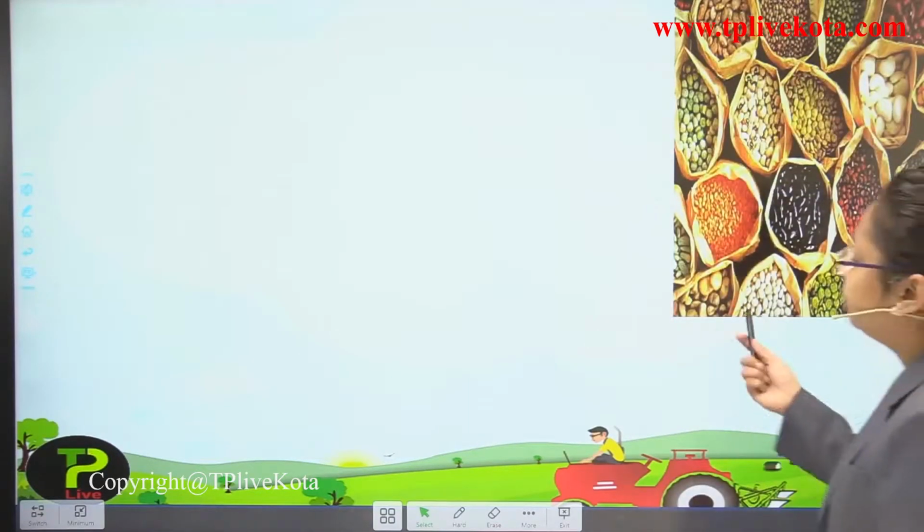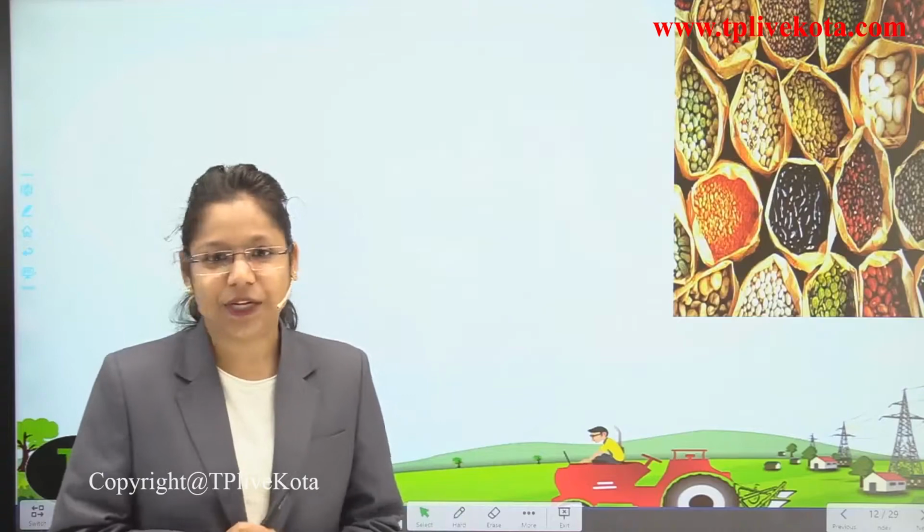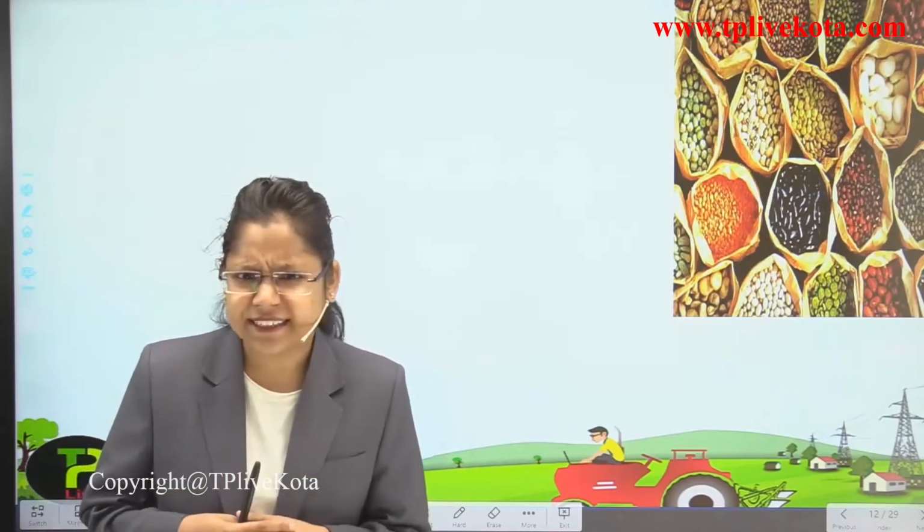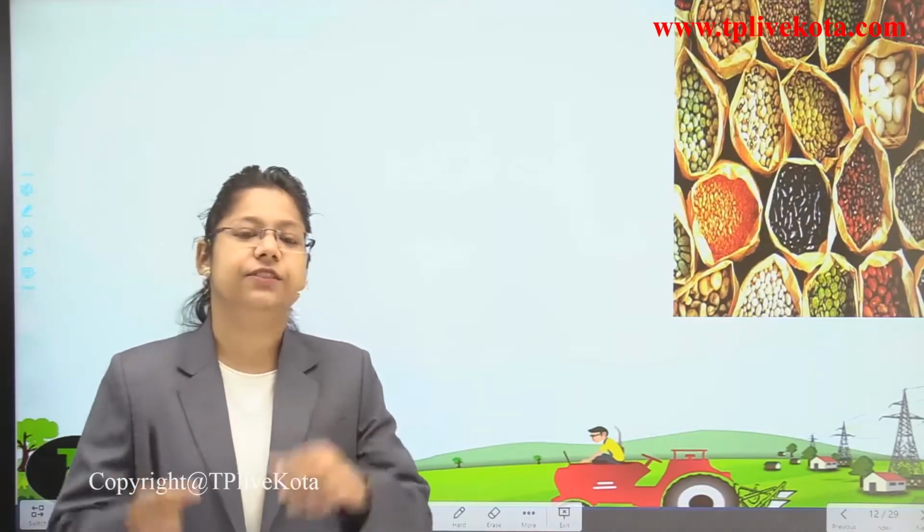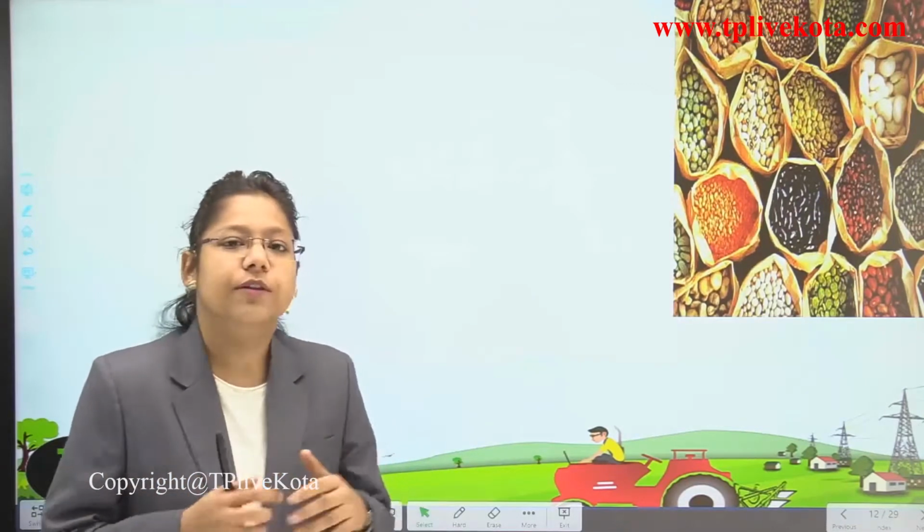So first part which you see here, I am not mentioning the name. What are these? Can you guess it? What are these, students? These are the seeds. Okay, do we eat seeds also, ma'am? Yes, students, we eat seeds also. We can eat each and every part of the plant depending upon the type of the material which it contains. Maybe it be stem, maybe it be leaf, maybe it be root, anything else.